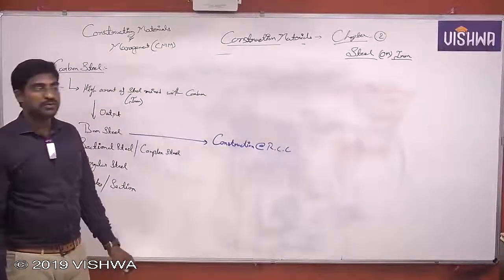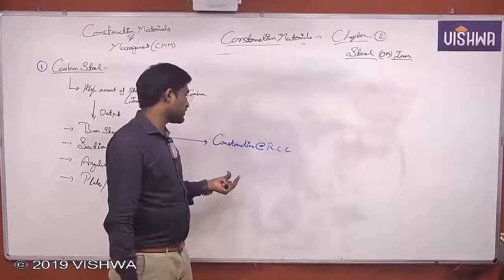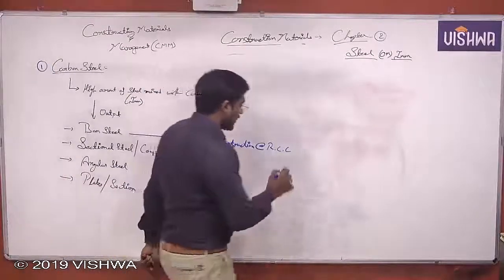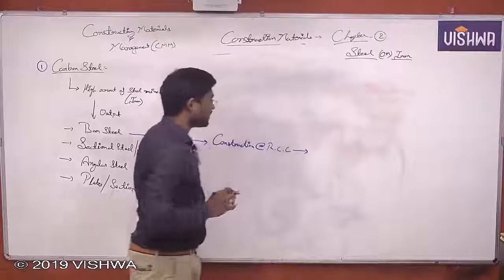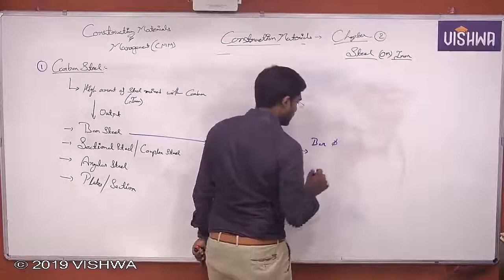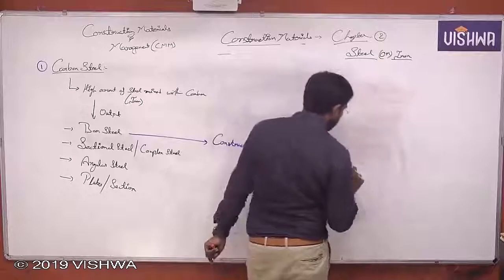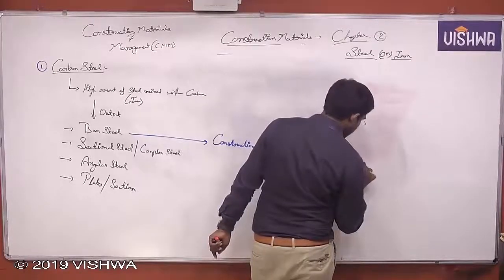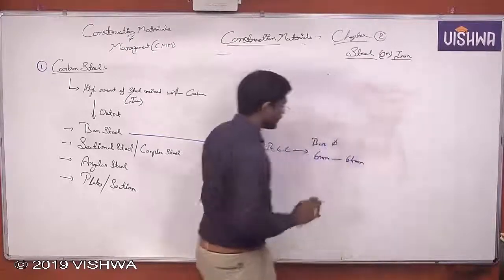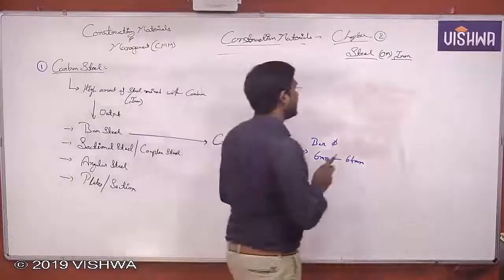RCC means reinforced concrete structures. RCC structures are almost all made with bars. So what is that bar type element that we see in general? A bar diameter of minimum 6 mm up to, in general, 64 mm. There are larger elements required as well, but in generally available market elements,